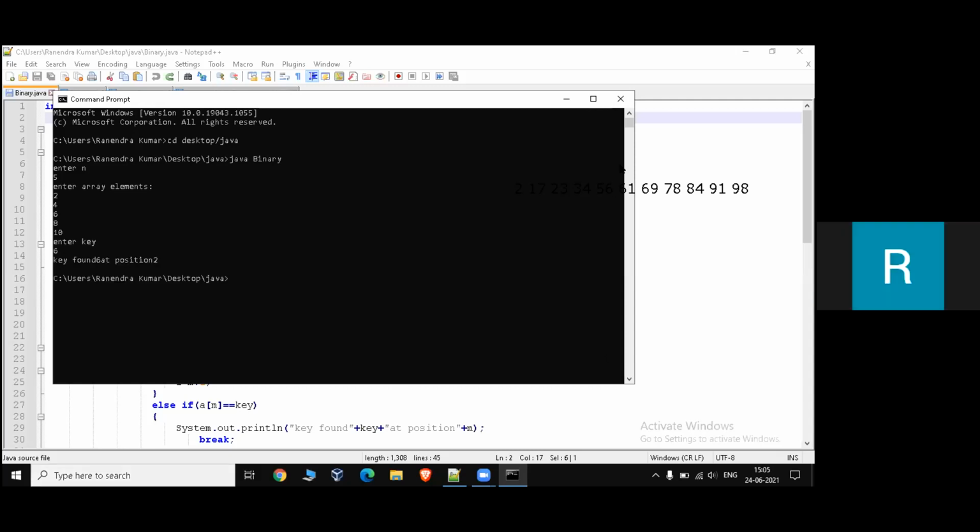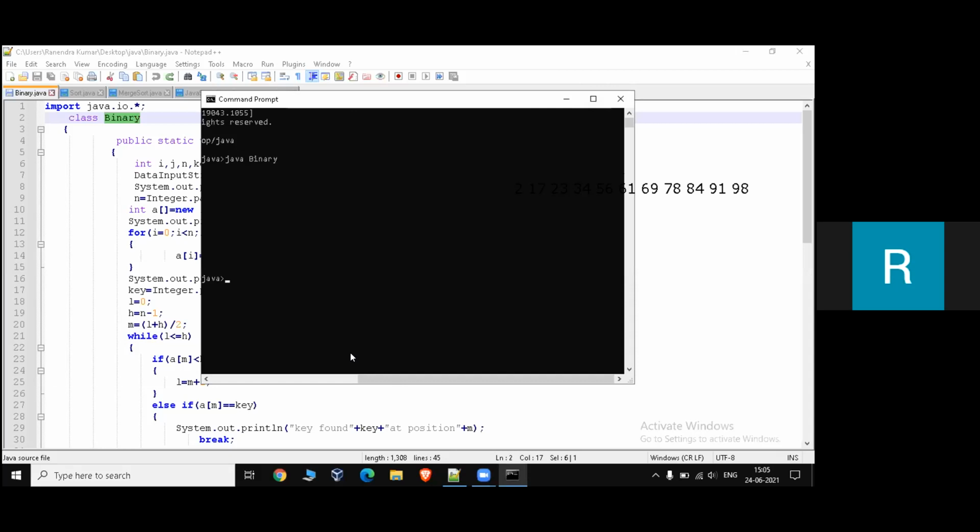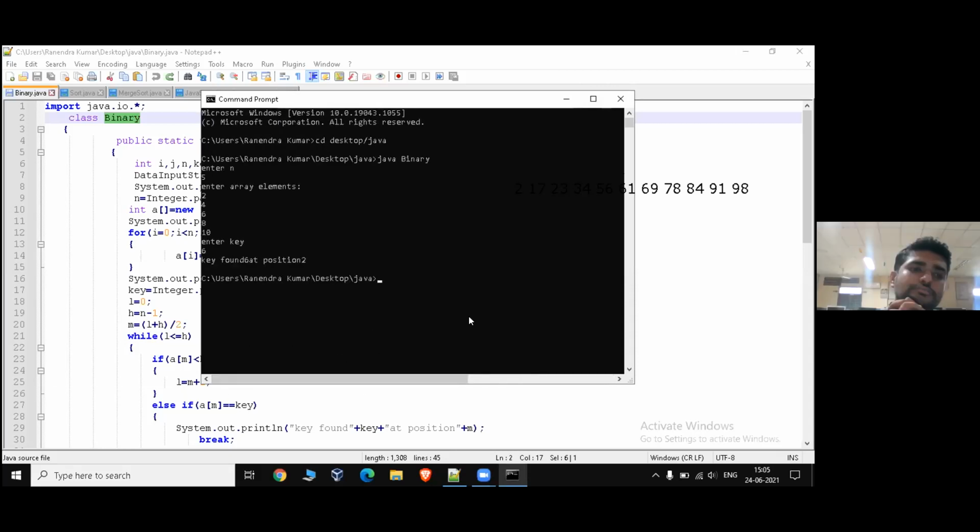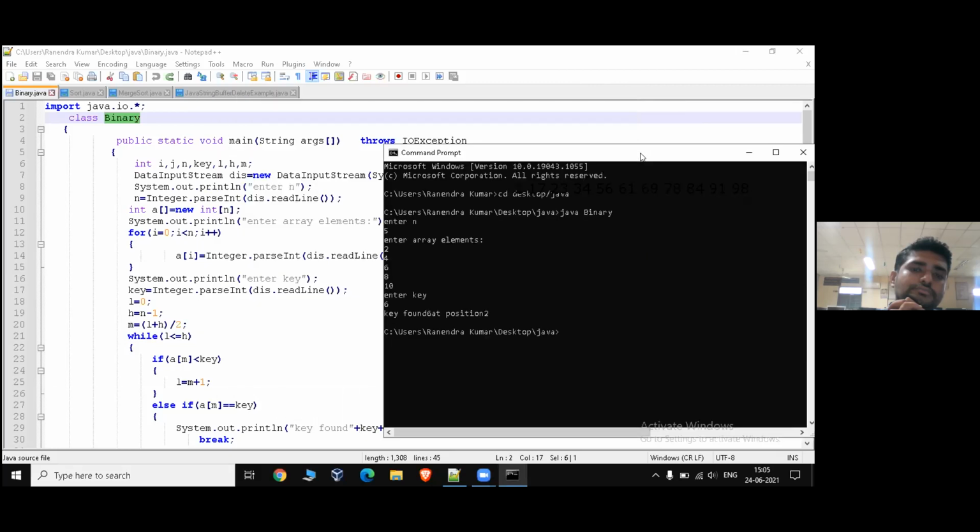This is the output for the program. Is this understandable?